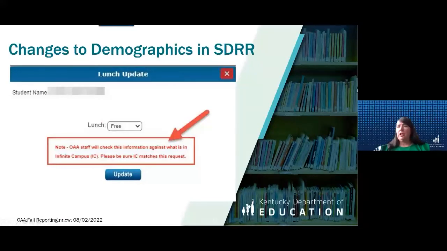And then, like I said, I'll give you an example of how to do this. For this particular student, when you went to the lunch update, to the free and reduced or paid lunch status for that student, and you're like, that's not right.